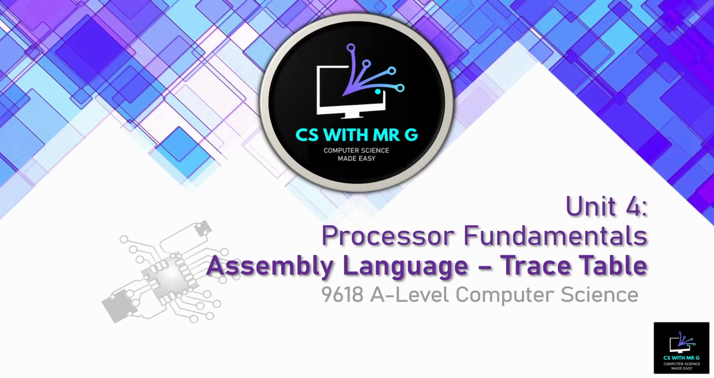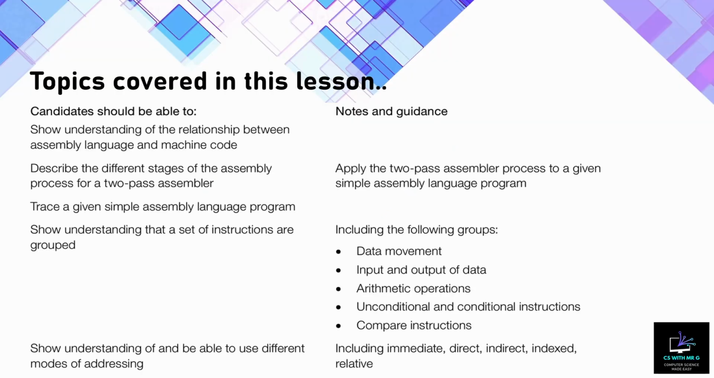In this lesson of Unit 4, we are going to practice some assembly language instructions by completing a typical trace table that we can expect to see in our A-level exams. These are the learning objectives that we've covered so far, so if you've missed any of these topics here, please go back and give them a watch, as it's very important that we understand what all of these operations do and that we've seen some simple terminology related to assembly language, as now we are going to complete this objective